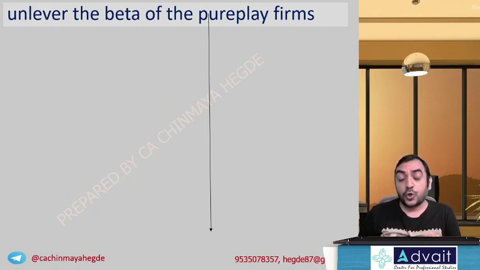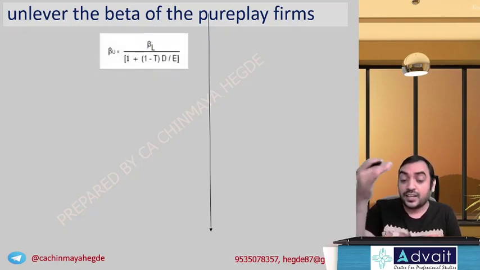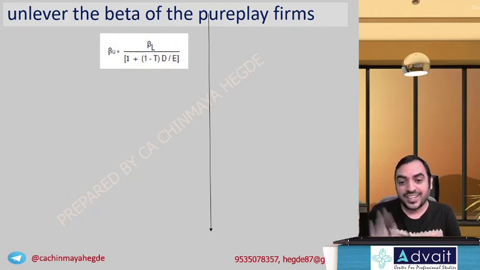First, the unlevered beta of pure play firms, so we get the industry beta representing pure business risk, with no influence of the debt equity ratio. Let's use this formula. Levered beta is given by unlevered beta into 1 plus debt by equity into 1 minus T, and therefore unlevered beta is levered beta divided by 1 plus debt by equity into 1 minus t. Keep in mind, this has a basic assumption that debt beta is 0.